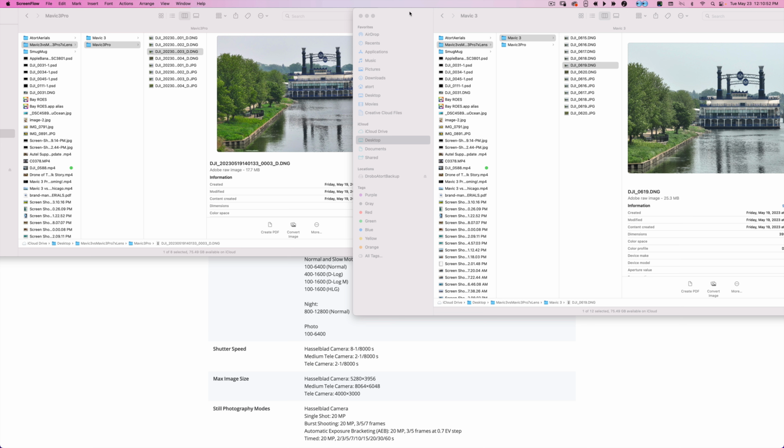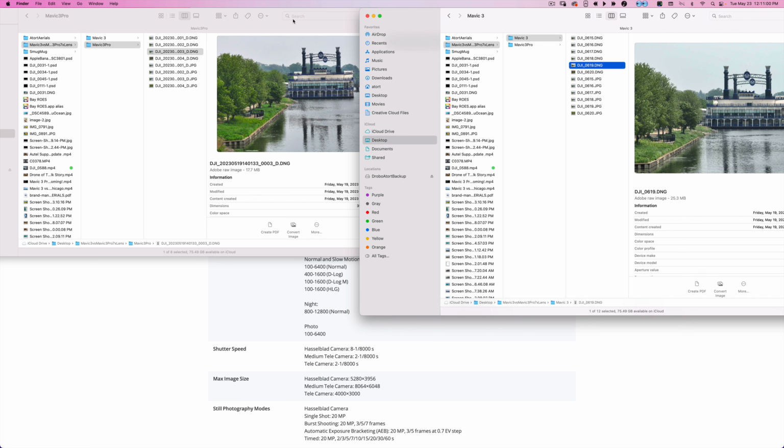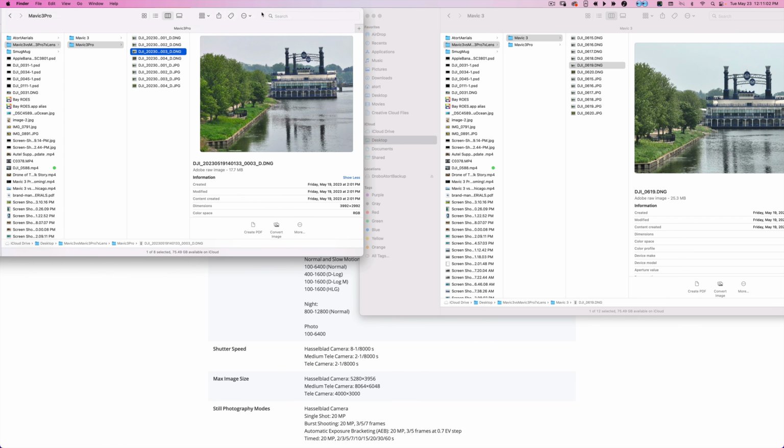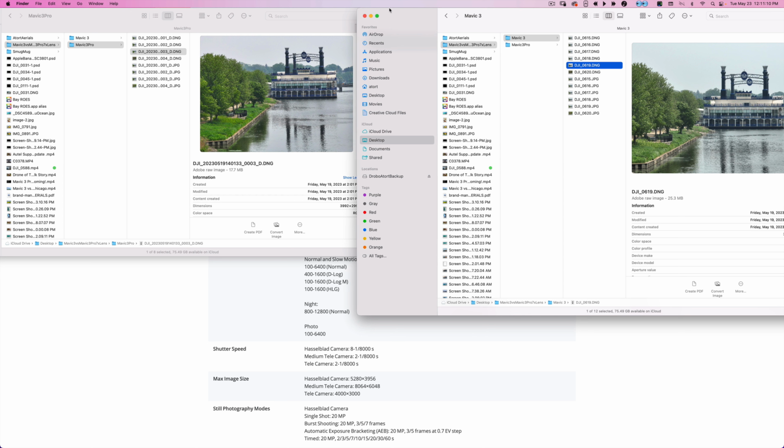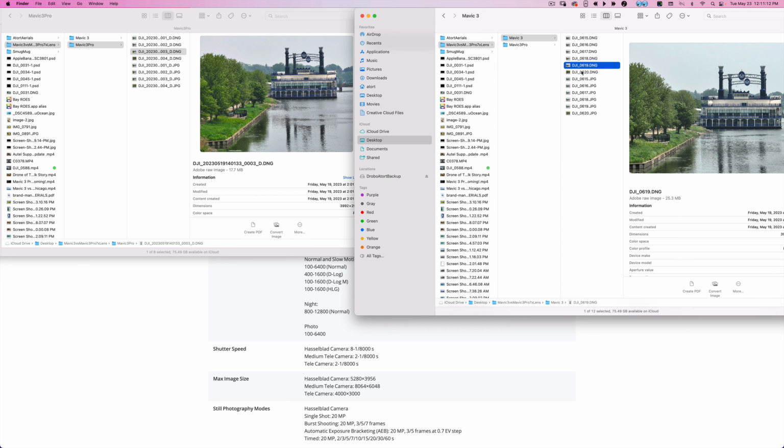I took some shots with the tele lens on both the Mavic 3, right here as you see, and the Mavic 3 Pro. I was going to do a tutorial in the field and kind of shoot and talk it through everything, but my mic wasn't working, so I figure I'll just get a couple shots and talk about them in front of the computer like I'm doing now. But I took these shots, and first thing, so you guys are aware,